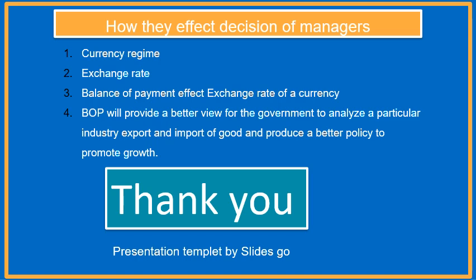At the same time, balance of payment can affect the exchange rate of a country. For example, if a consumer in Thailand buys a chair from me, they need to pay me in ringgit. So therefore, the consumer has to buy ringgit and pay me. This transaction will be recorded in the current account balance of payment of Malaysia. As more people demand more ringgit, the price of ringgit will appreciate. That's why the exchange rate of the currency will increase.